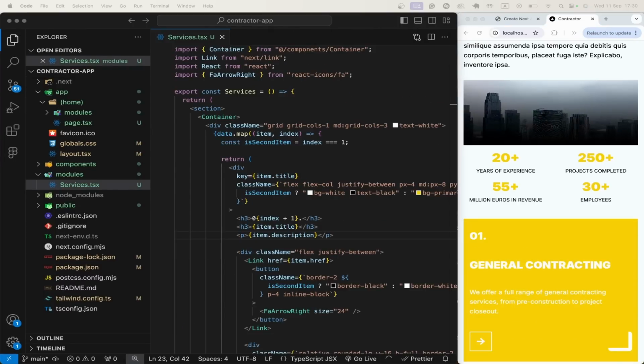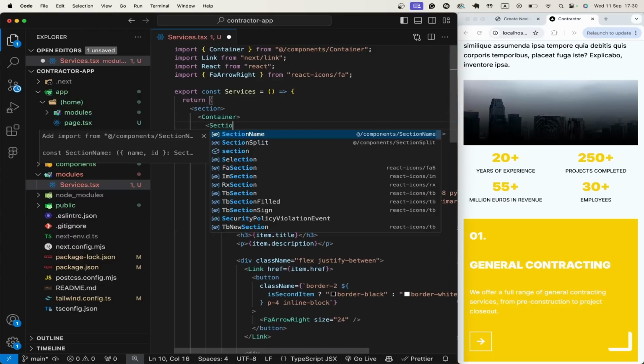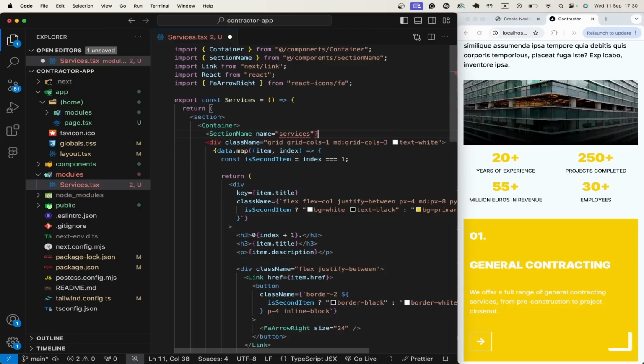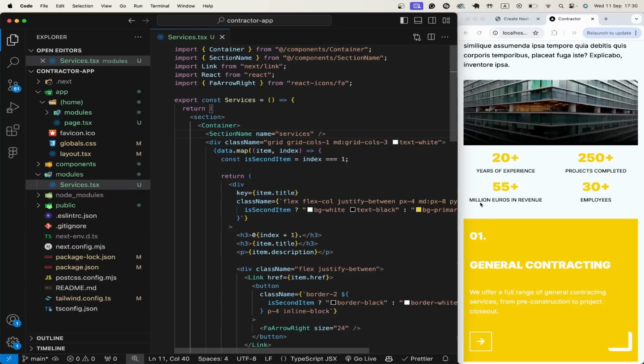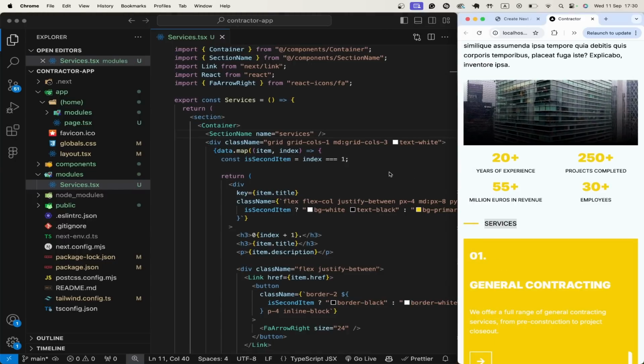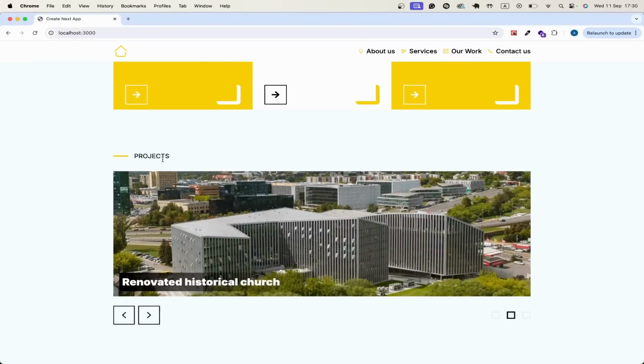And again we forgot something inside the services section. So section name will be name services, like this. Now we have this services badge. Good. Next thing I want to create is projects section,